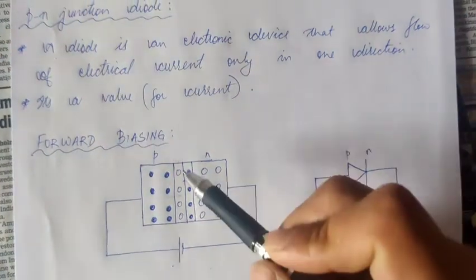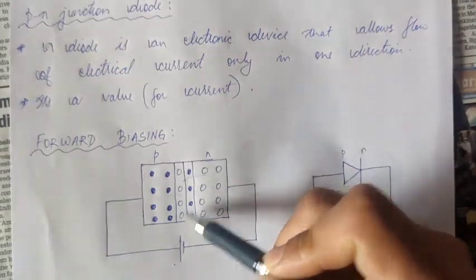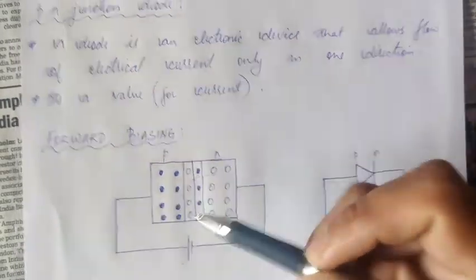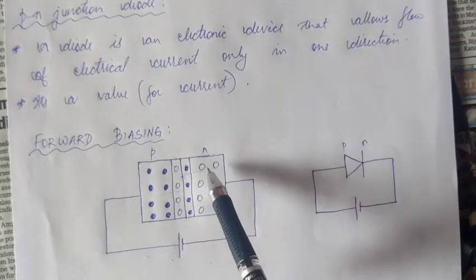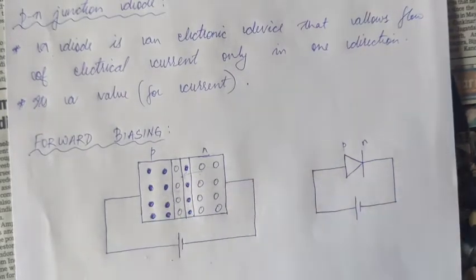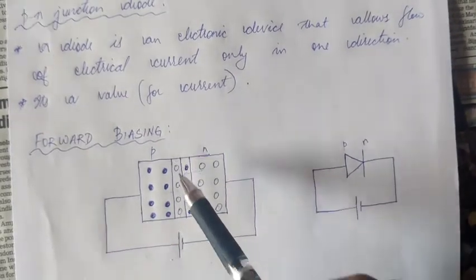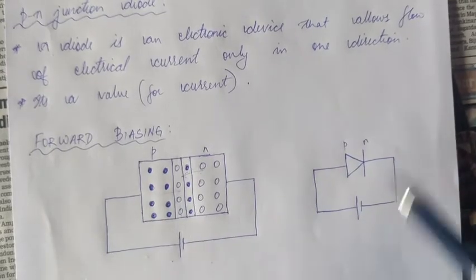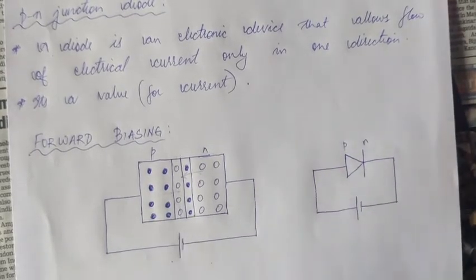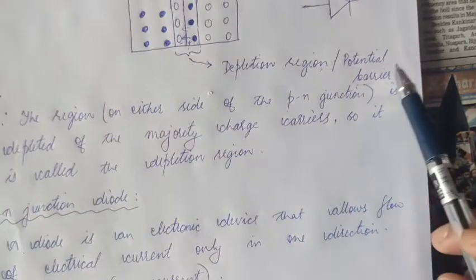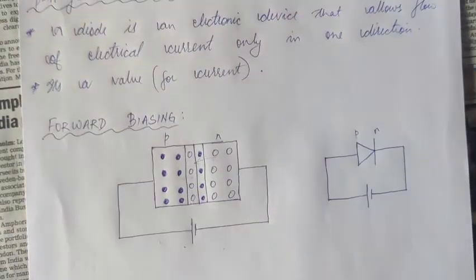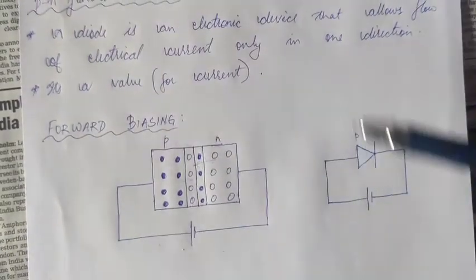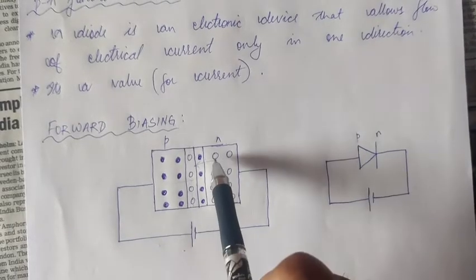And thereby what happens is that the width of the depletion region decreases. You can understand it this way. The depletion region is squeezed in because the majority charge carriers from either side are coming towards it. The depletion region gets decreased in size, gets squeezed in, and thereby the potential barrier is also going on decreasing. The size of the potential barrier or the depletion region, mind you, goes on decreasing, and eventually the majority charge carriers